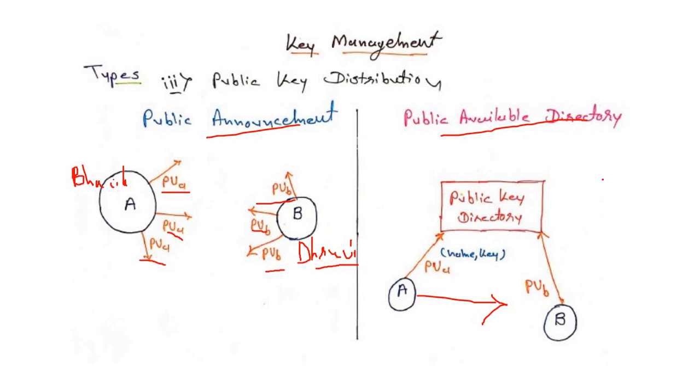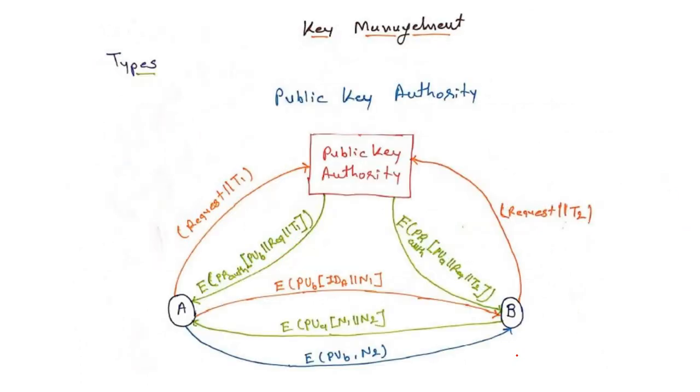But in both these cases there is a lack of security. We are not getting security here. Why? Because whenever we share the message in a broadcast way, like a public announcement, anyone will be able to read or extract the message. Same thing in the case of the public key directory: suppose user A can ask for the public key of B, as well as the public key of C, D, E also. Whatever the number of users, A can ask for the public key of any user.